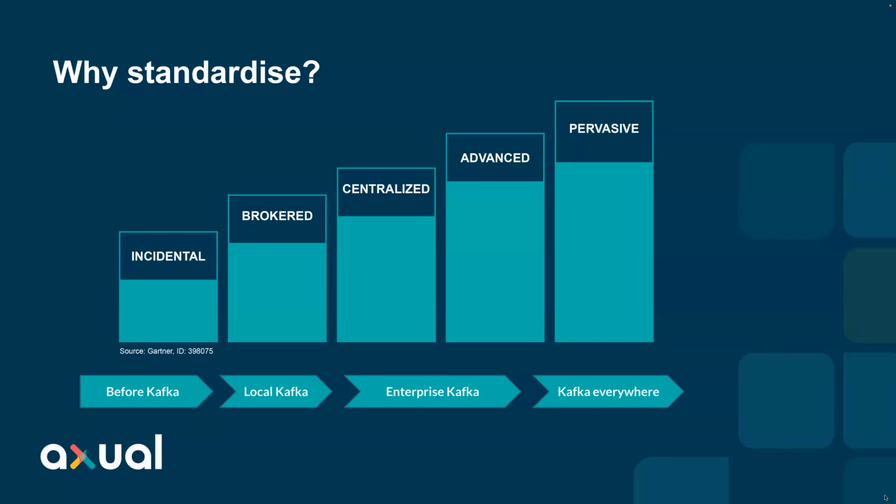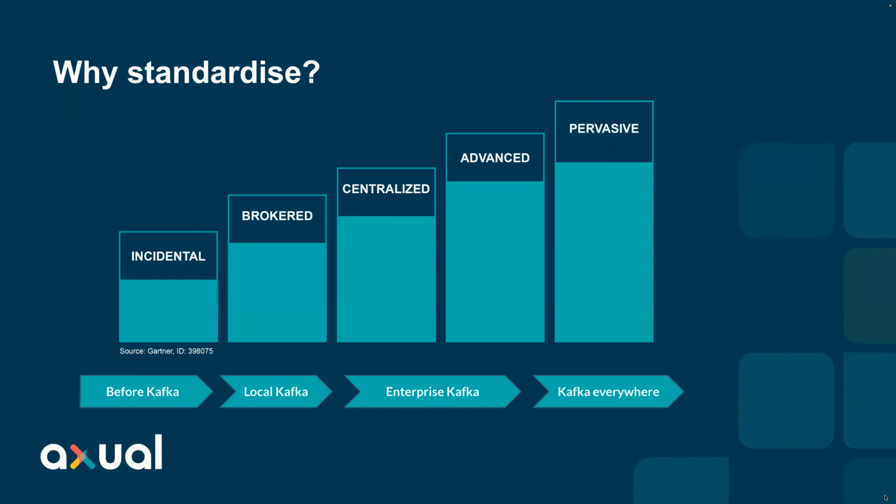Initially, there's usually a phase in which there is nothing arranged formally around events. That's the incidental phase, where applications usually make bilateral agreements about how to exchange events. That could be done on any medium like MQ or through files, or in whatever way they want to exchange the information. At some point, especially in project contexts, all of a sudden a Kafka broker is brought in because this is a good idea and the project benefits from it. And it's really a low threshold to get started with it.